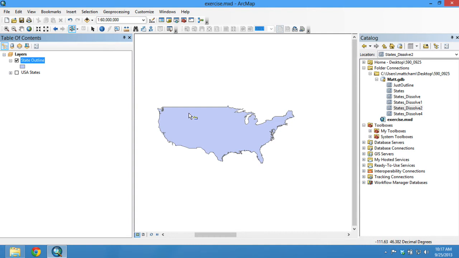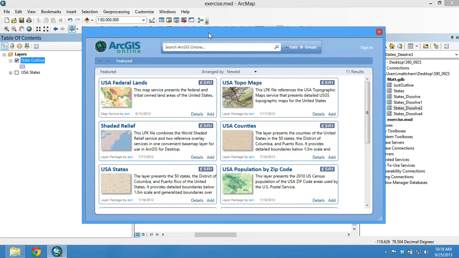I want to bring in urban areas. We've talked about how there are different ways to categorize data, whether it's a census block or a buffered area or a designated urban area. There's all kinds of ways to designate areas, and very conveniently, if you search urban area on ArcGIS Online,